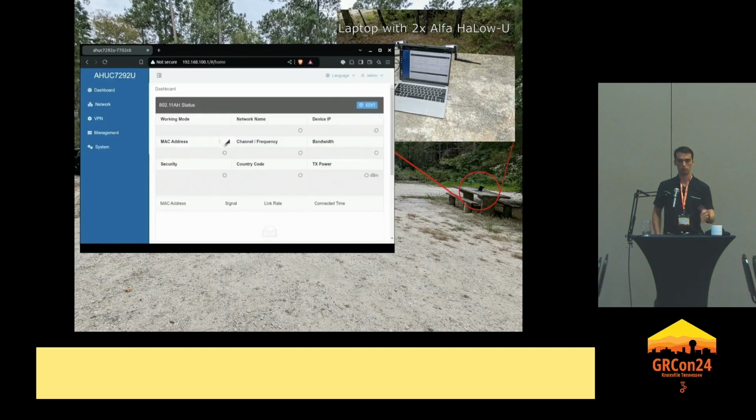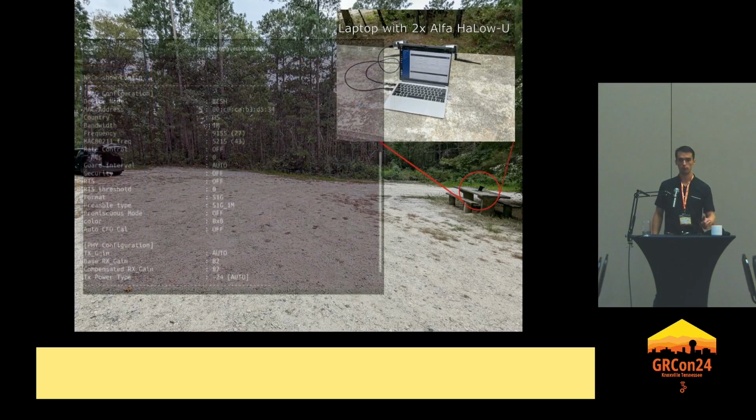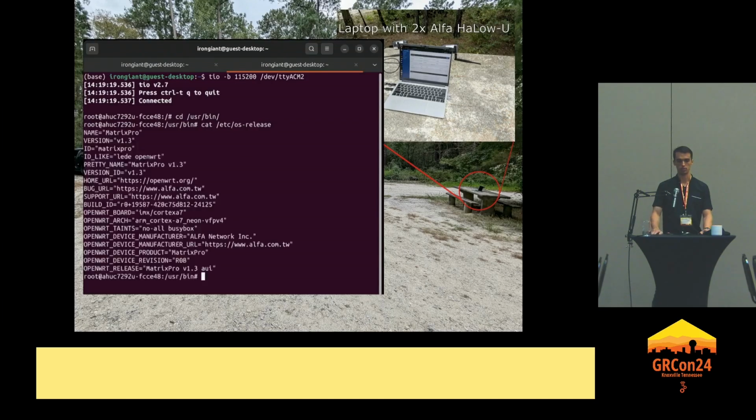That pulls up a nice convenient little dashboard here, and I can see that there's one MAC address of a connected device, and all the other settings matched from the command line interface app that I saw before. So everything looks good on device 1. Now I'm going to repeat the process on device 2, just another sanity check to make sure everything's consistent, and that I can actually establish that Halo network.